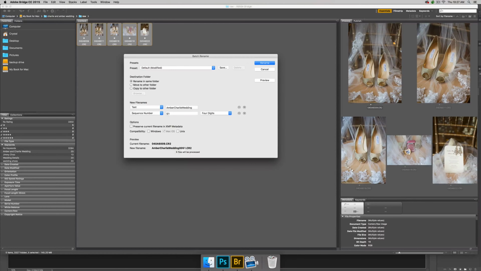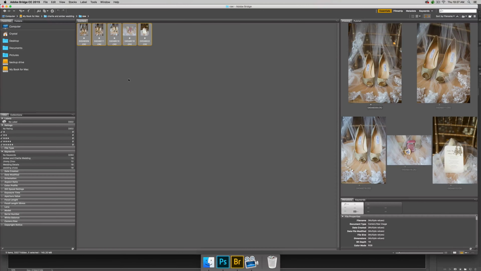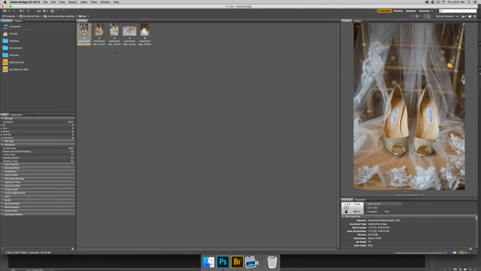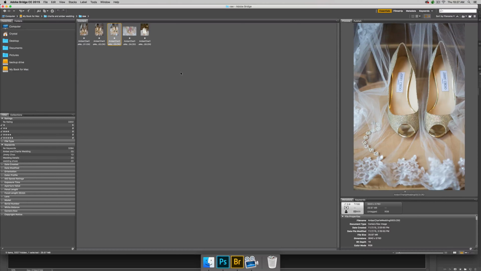And right here I have 5 images selected. So if I wanted to, I could start it at 6 because I did 5 before, or however you want. And so the new file name would be Amber Charlie Wedding 0001. And so if I hit rename, it'll change, and it will change these to 0002, 0003, 0004, and so on. It's just taking a moment. And here we go. So now we have Amber Charlie Wedding 0001, and then we have 2, 3, 4,